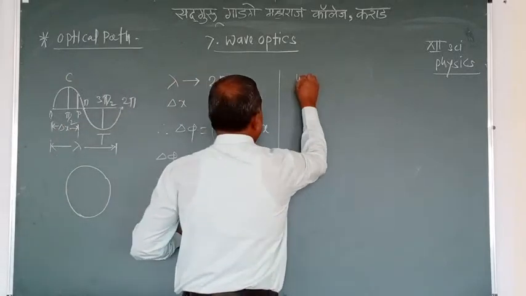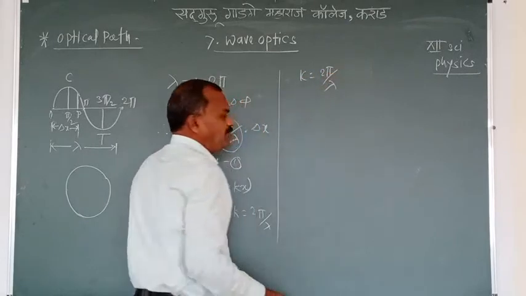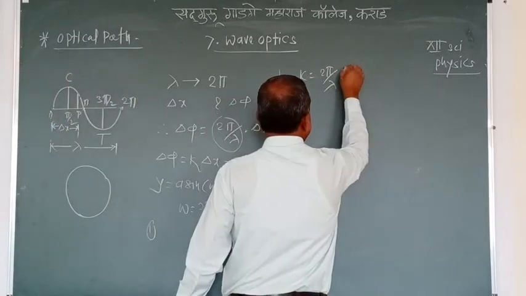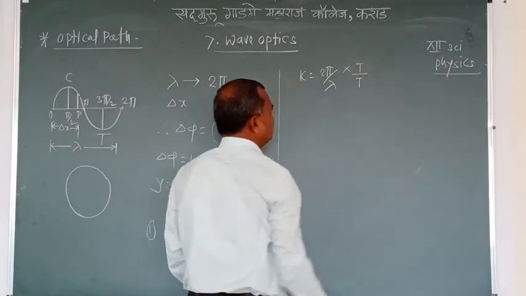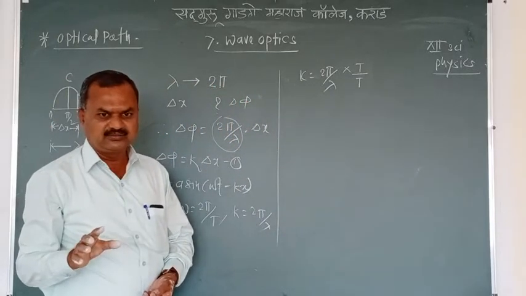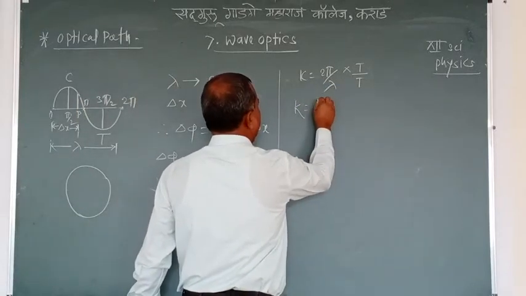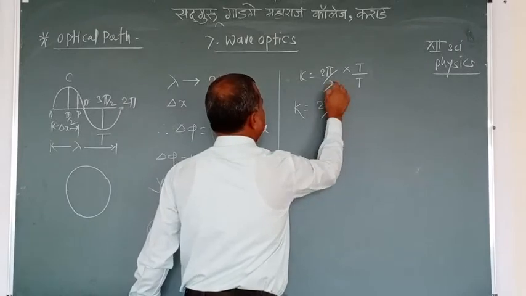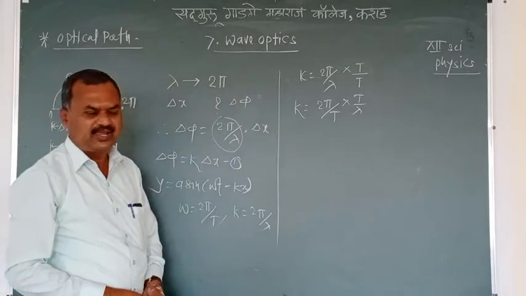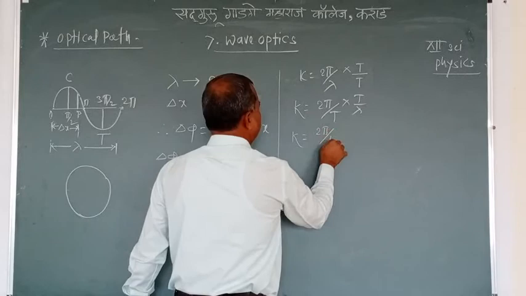We have k equal to 2π divided by lambda. Multiply and divide the RHS by capital T. If we multiply the RHS by T and divide by T, the equation is unchanged. Let us rearrange the terms: k equal to 2π divided by T, and this T I take here, into T divided by lambda. So k equals 2π divided by T into